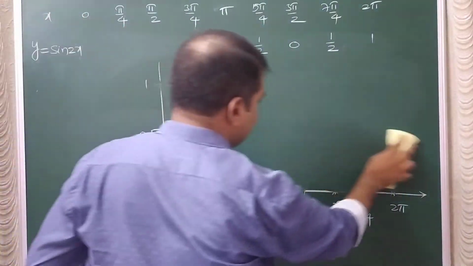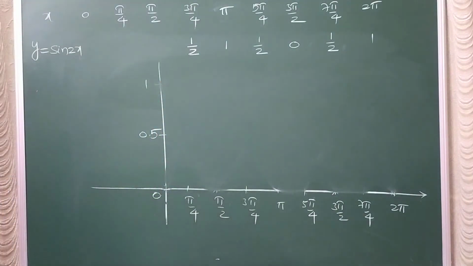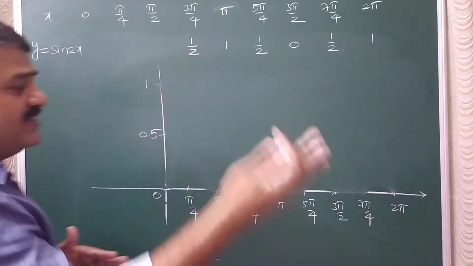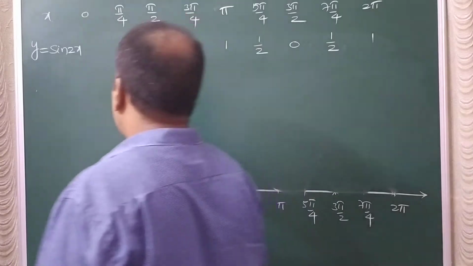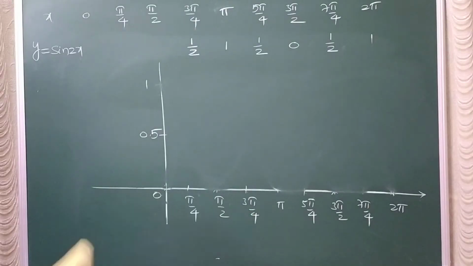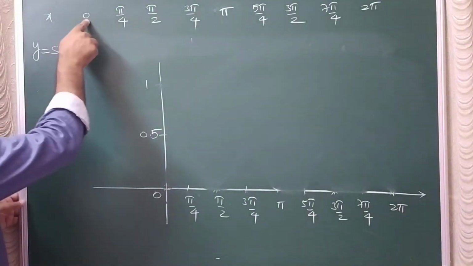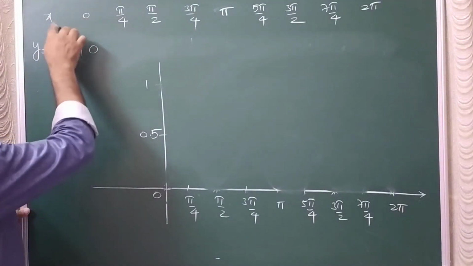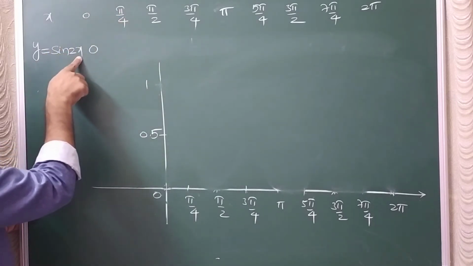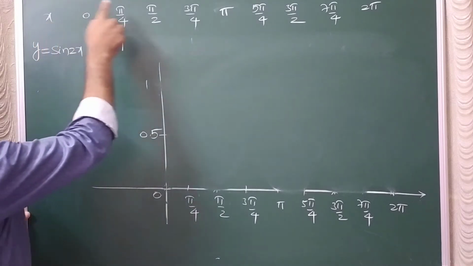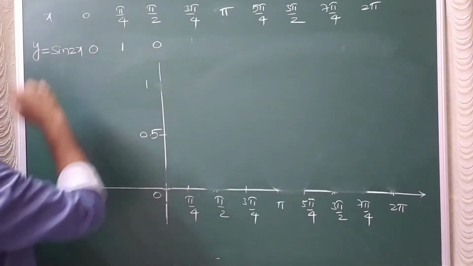So if you know the process of drawing the graph, automatically for different functions, plotting the points and joining the points to form a curve is what is important. Okay, so y is equal to sin 2x. At x is equal to 0, y is sin 0. At x is equal to pi by 4, you get y is equal to sin pi by 2. At x is equal to pi by 2, you get sin pi, 0.